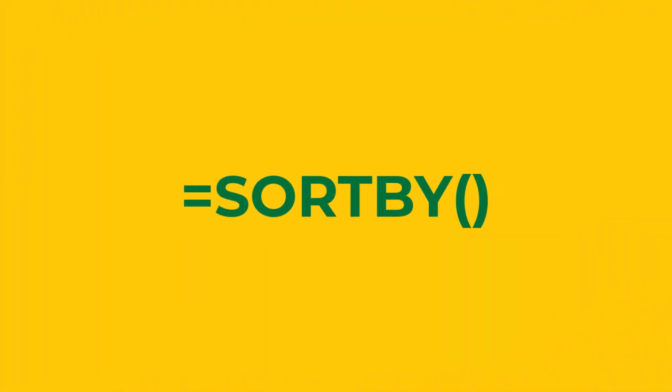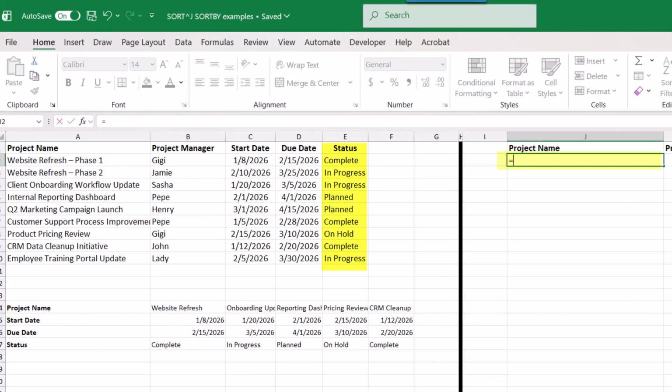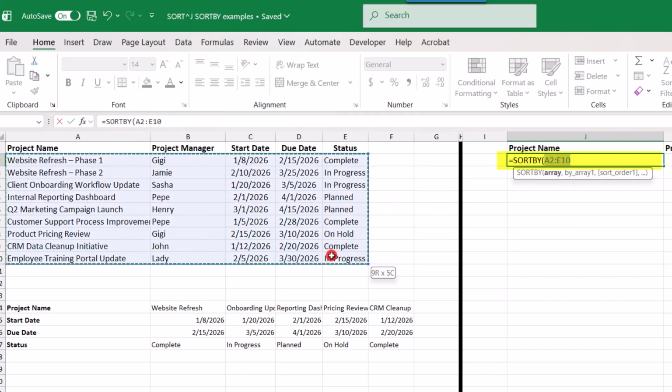So sort by works similarly to sort, but with way more options. For example, let's say that we want to sort these projects by status. We'll type equal sort by, open parentheses, and we'll select our data, excluding the headers, comma. And in sort by, we don't need to figure out which column number to reference in the formula. We would just select the column range that we want to sort by. So because we want to sort this by status, I can just select the data under status, comma,